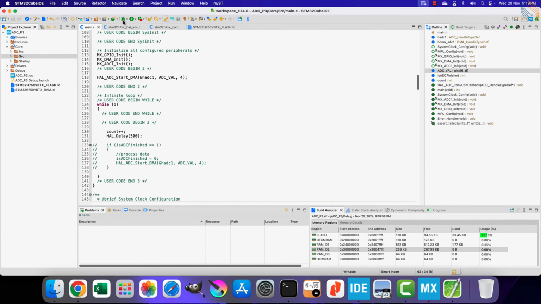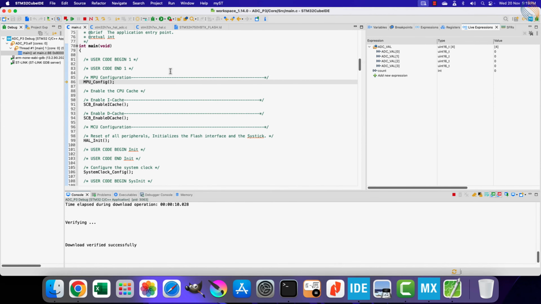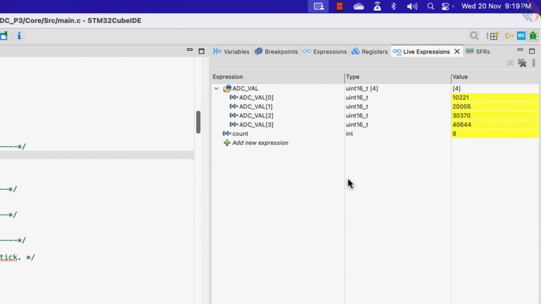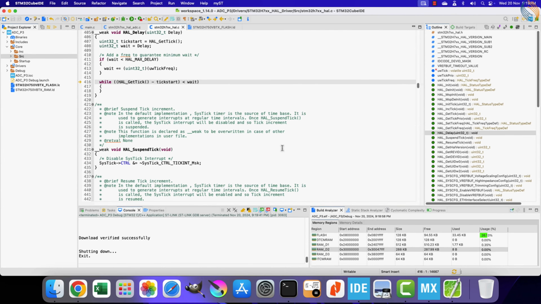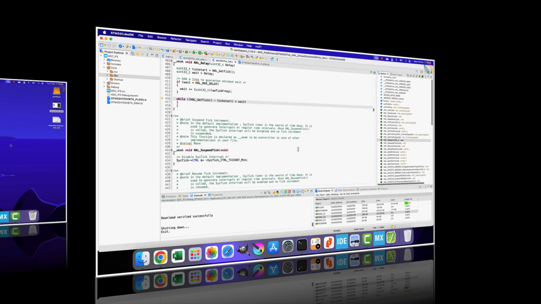Let's build and debug the project. You can see the ADC value array is updating as it should. This means the DMA is able to fetch the updated data, instead of the cached one. So we are able to read the multiple channels of the ADC using the DMA. We started the ADC in the DMA mode just once, and then the DMA was continuously fetching the data from the ADC. The DMA was even able to fetch the updated data, so there was no issue of cache coherency